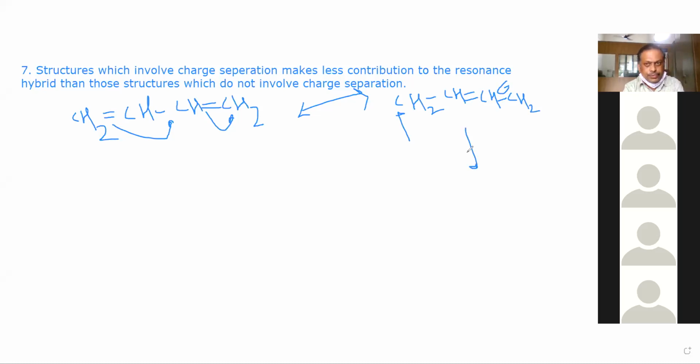Second, this is the first structure. This is the second structure. Now the third structure, CH2 minus,